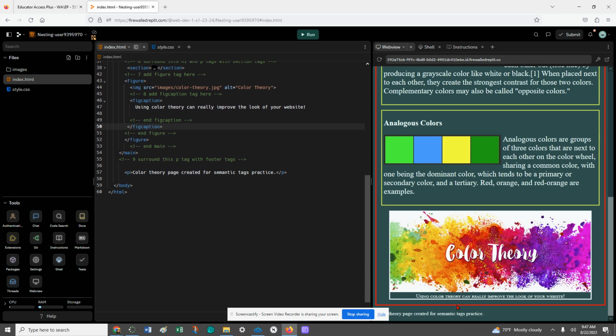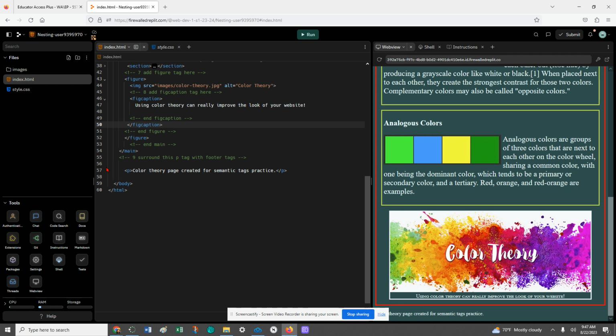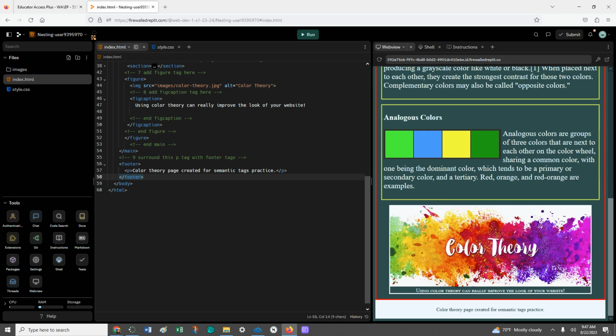Last thing to do is our footer. We want to surround this paragraph with footer tags. So footer start tag above, footer end tag below, and this is going to be affected when I hit run. So I hit run, scroll down. Now it's got a different color background, it's centered,